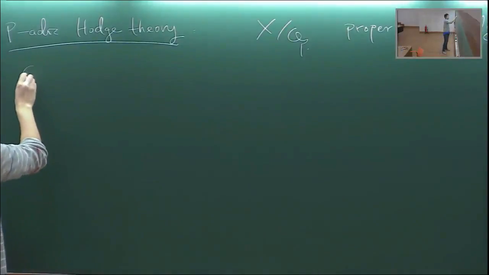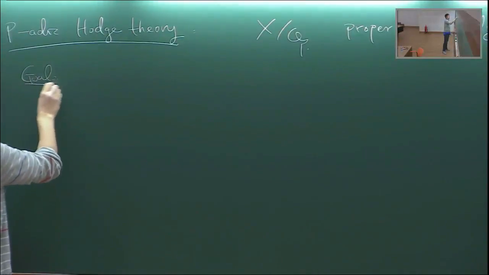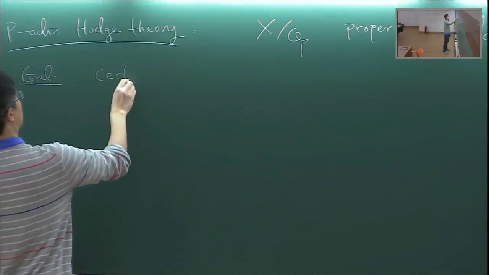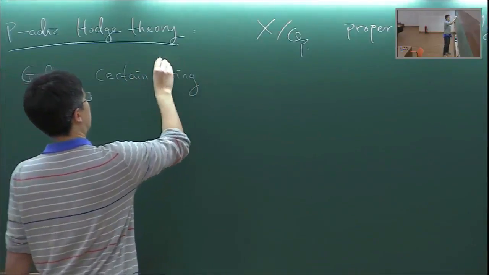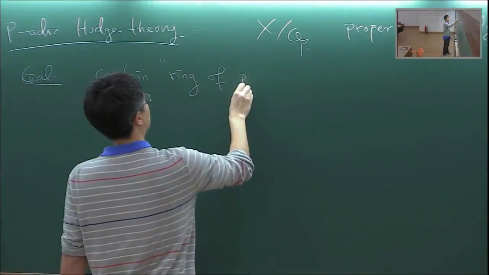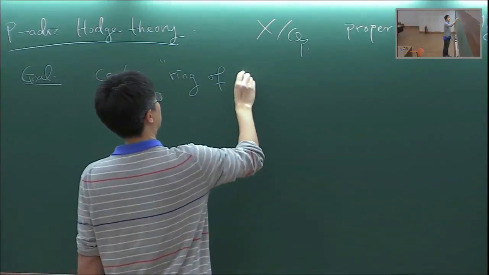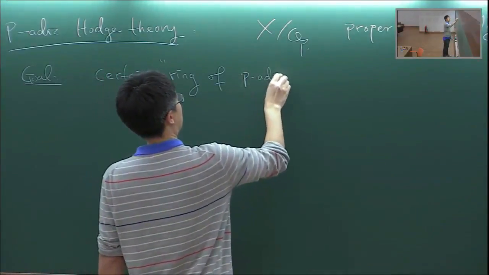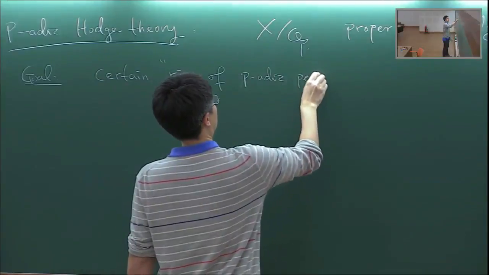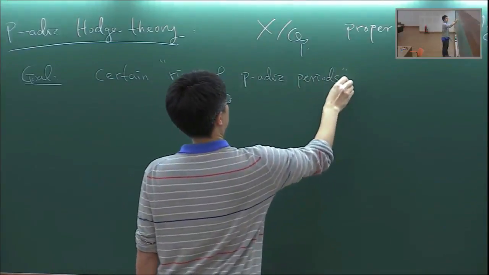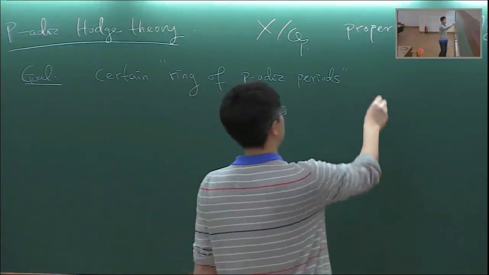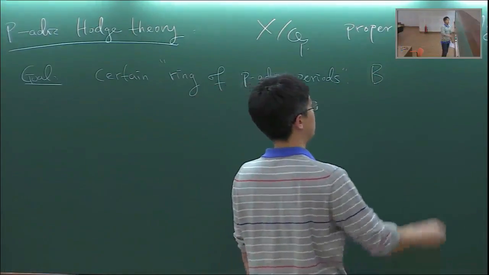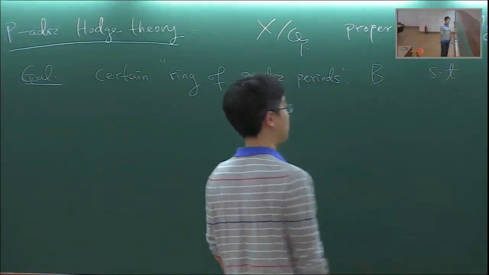And the goal is to find a certain ring, we call it a ring of p-adic periods, which we call B, and such that it satisfies the expected condition that